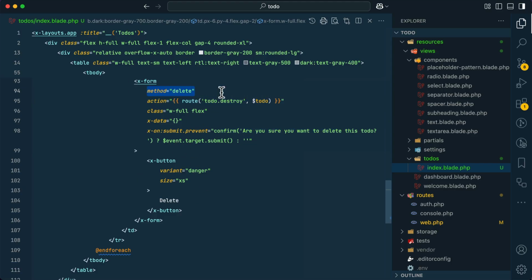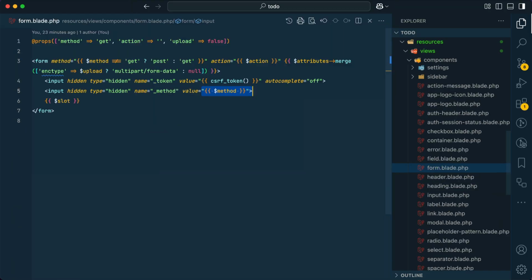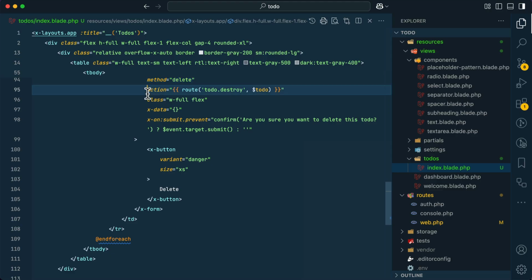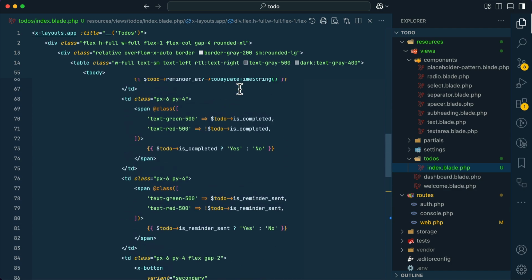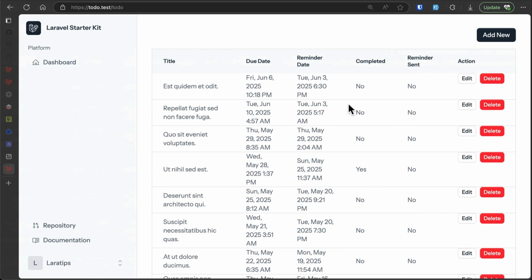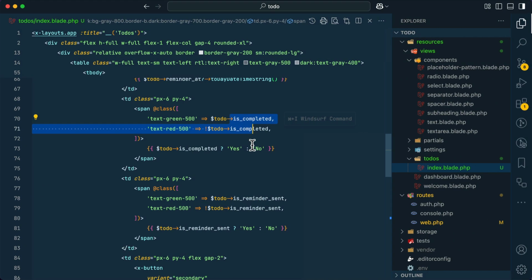The method is delete. If we pass the method delete over here, then it will add it over here, and the CSRF token is also automatically included. You don't have to worry about this. So this is just a basic thing. Whenever we click on it, it asks for confirmation, and if it is confirmed, then we submit to this method. You can see here we are showing text green or red based on whether it's completed, but it is not showing because we have to go to